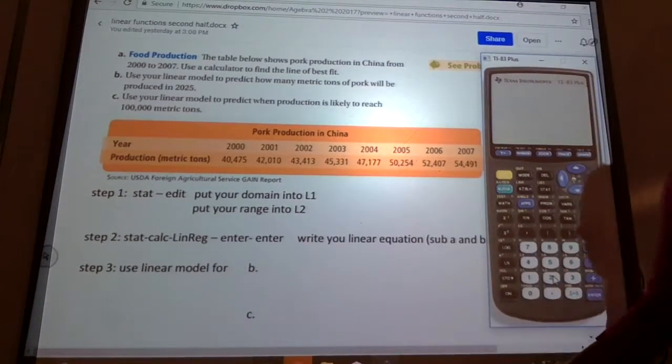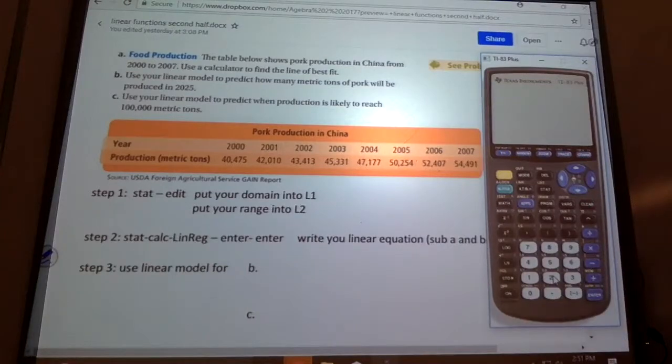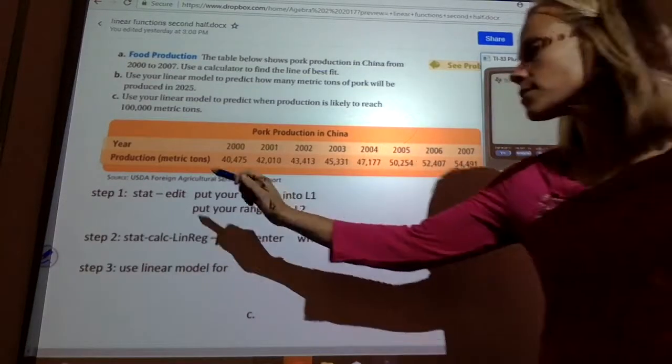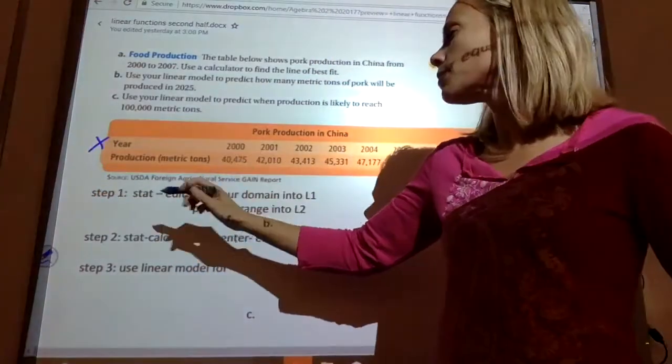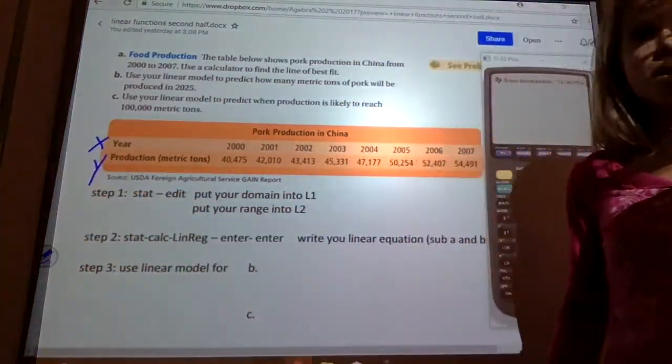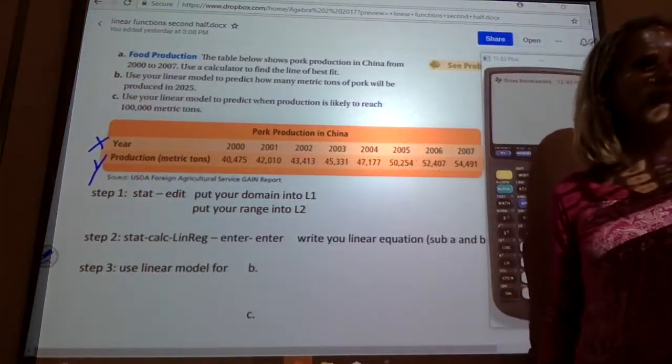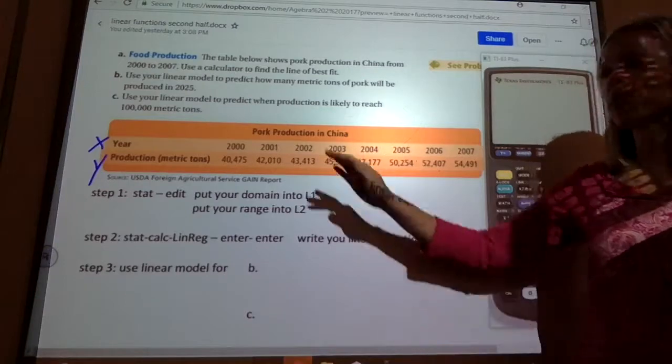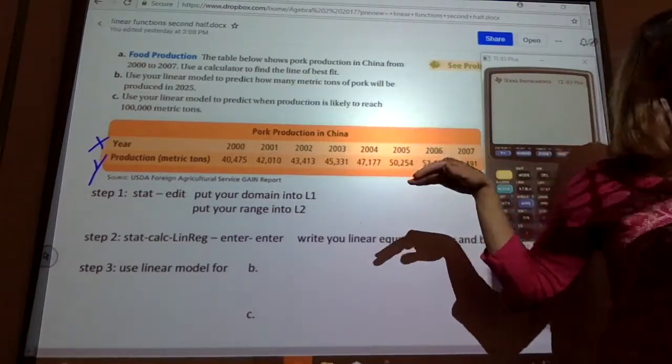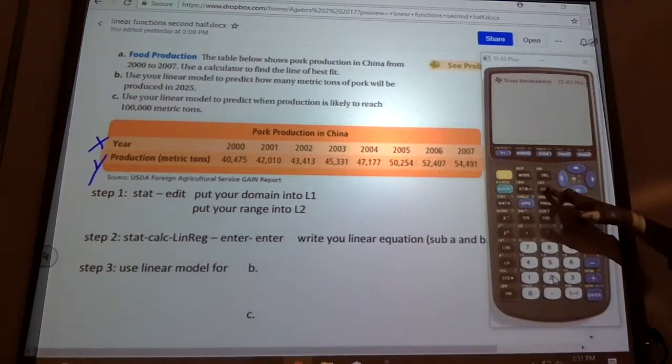Okay, so what's going to be my input, my X, my domain? The years, yep. Year is going to be X, the inputs. That means production is my Y's, my outputs. You first need to decide that on each problem. Then you're going to put in these input outputs. You go stat,